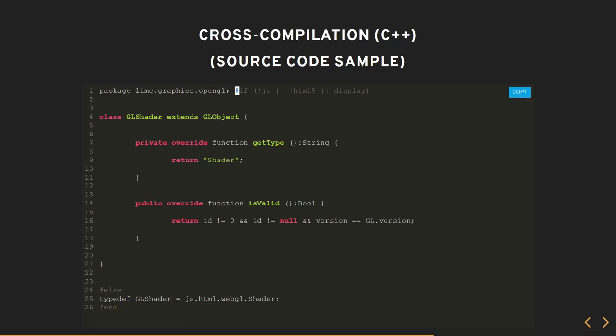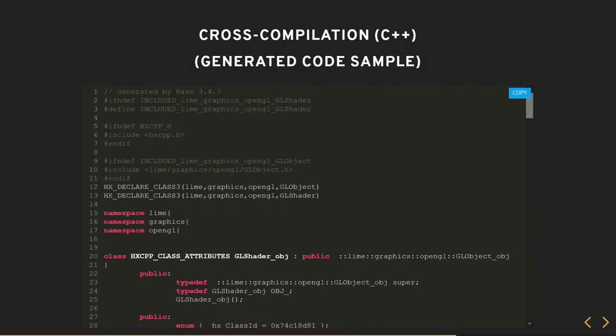So basically, if we're in an auto completion engine right now, we're going to want to display the regular behavior, which is, we have a class which extends something, and it has two pretty simple functions. Now, if we're on web, web already has an implementation of a shader. So we're gonna type that, which basically means we're gonna use the left-hand side as an alias for the right-hand side. And here's what this looks like in C++.